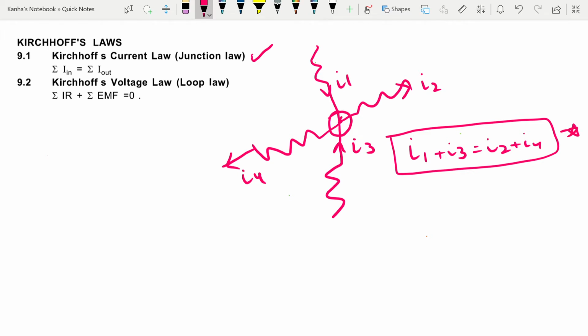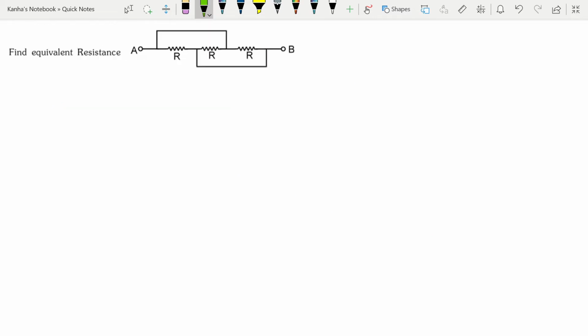The second law is known as the loop law. And what does the loop law say? It says that in any closed circuit, the algebraic sum of all potential differences and EMFs is 0. Okay, so what this actually says is, if you're moving from the negative to the positive terminal inside the cell, EMF is taken as positive, while moving in the direction of the current in a circuit, the potential drop across the resistance is taken as positive. Okay, this law is based on conservation of energy. We'll look at several examples to elucidate these principles.